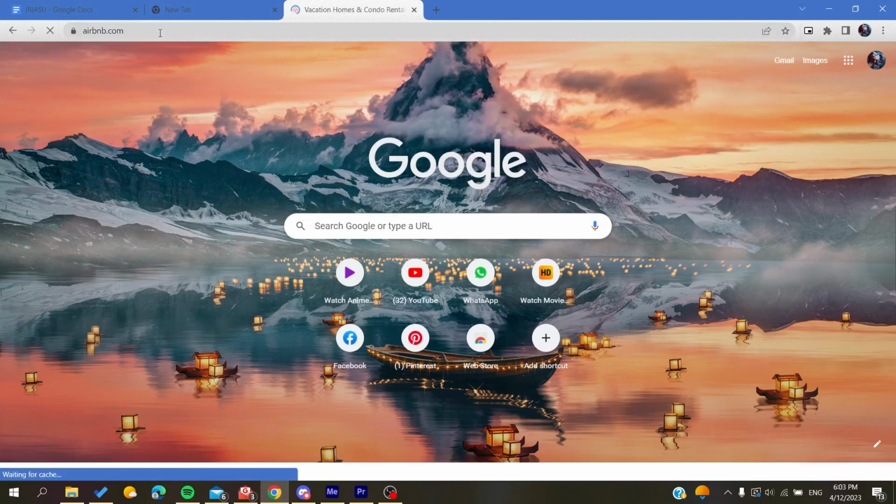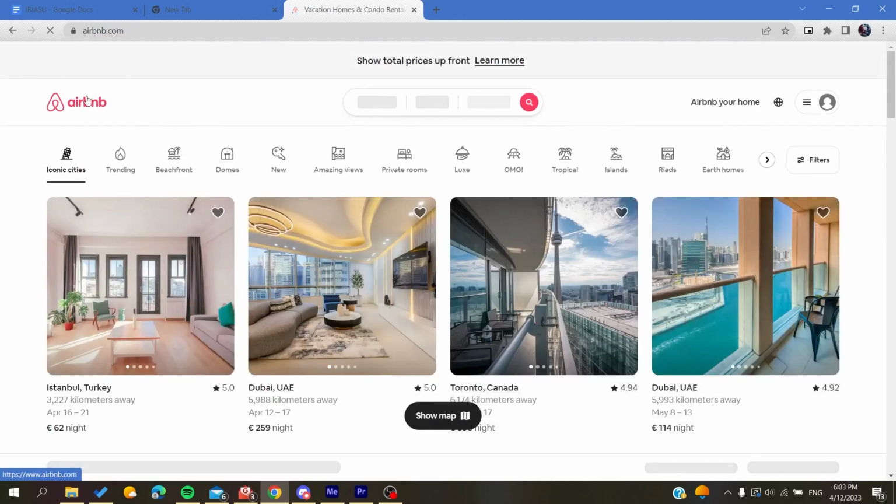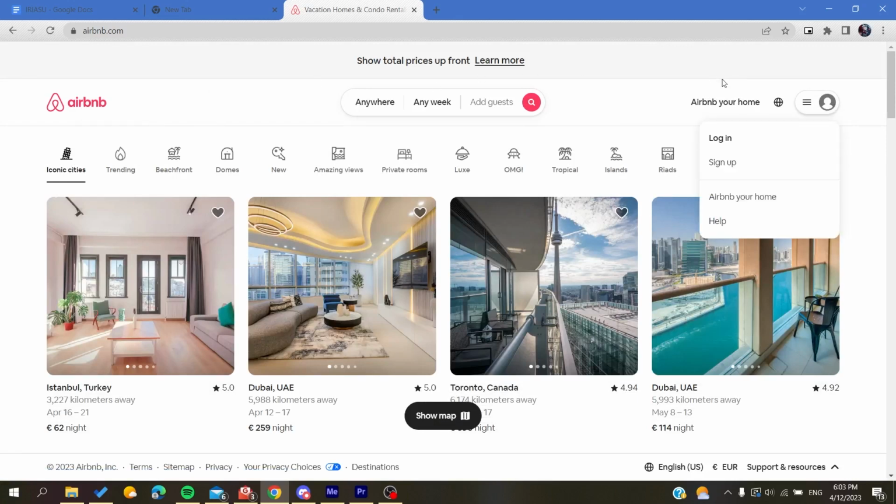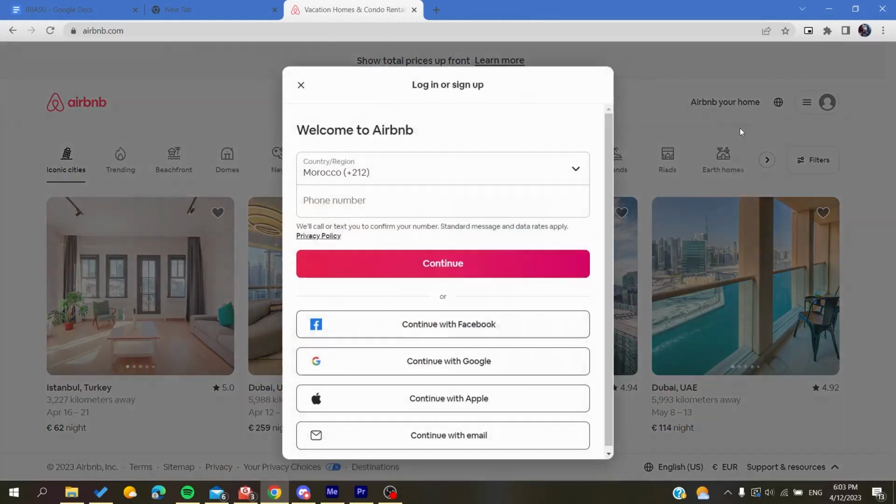So after you click on it, you will be redirected to the Airbnb website, and then you will need to create an account. So basically you will need just to click on this icon here at the corner. You click on it, and of course you are going to click on sign up, and after that you can